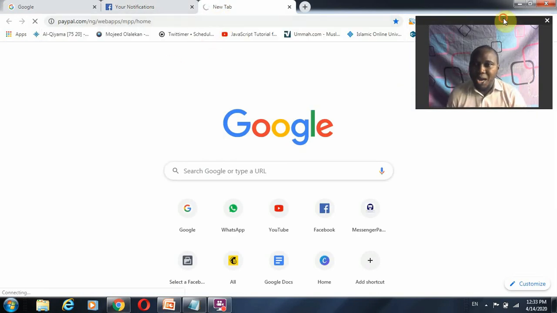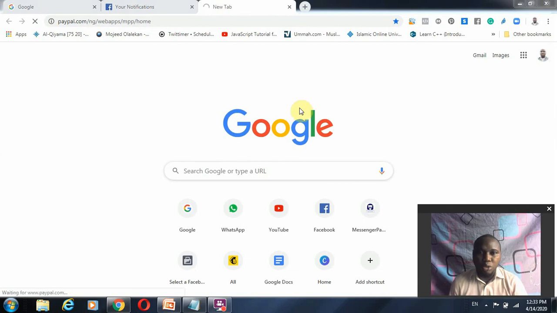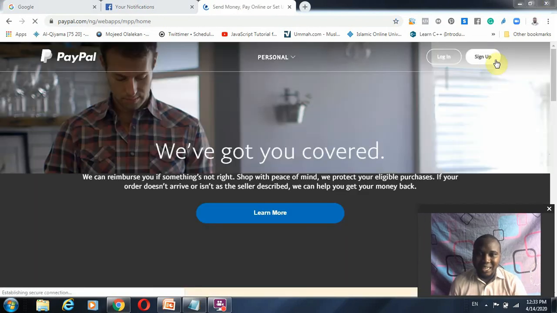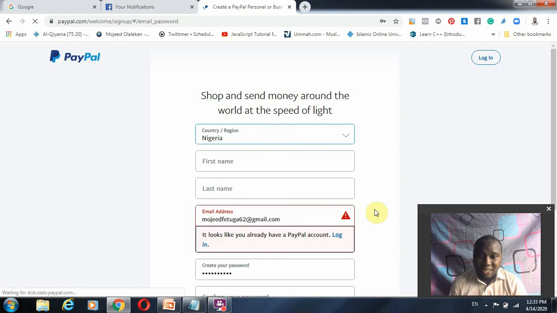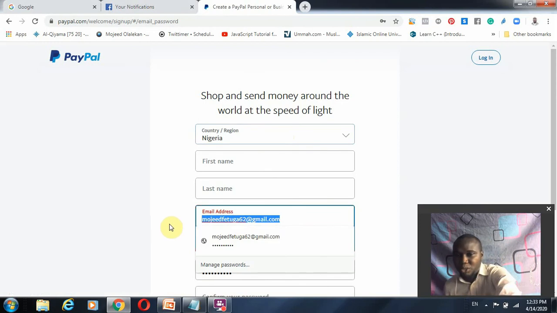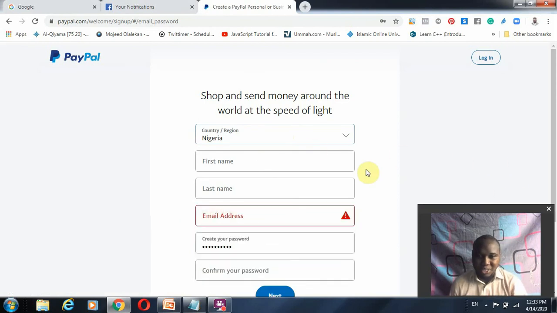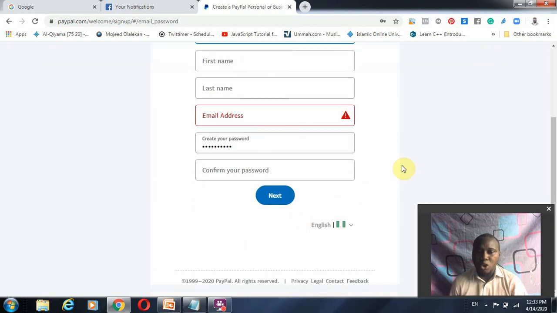When you get to paypal.com, the first thing you are going to do is to register an account. Just sign up. It's simple, it's free. I already have PayPal, so I'm not going to use my email to sign up. So you just need to select your region, your name, and what have you. If you notice, it's so simple.